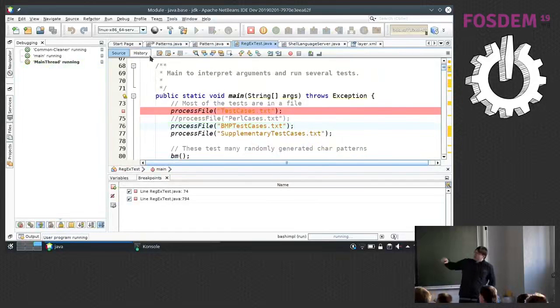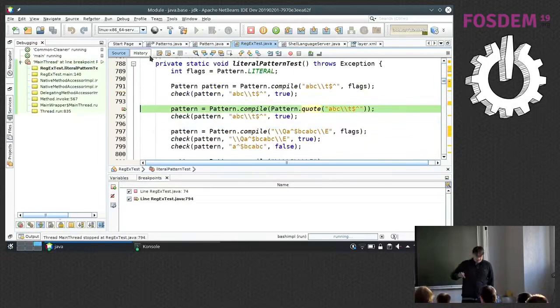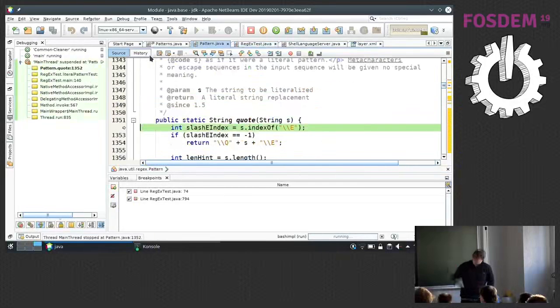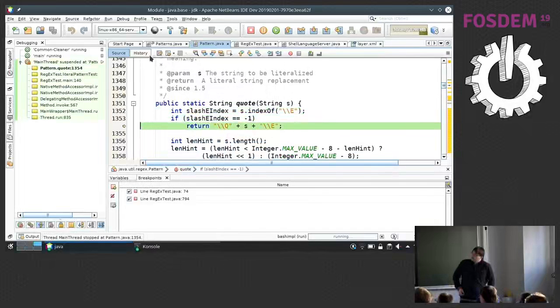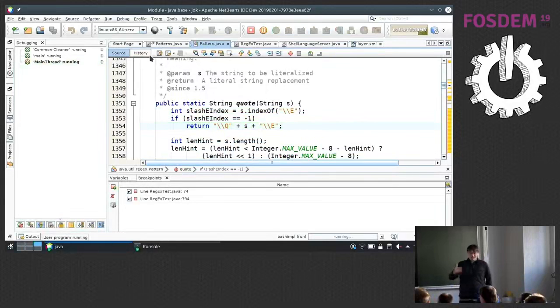We can let the test run for a little, and it will stop at some place where you can actually jump to the source code. This all was in Apache NetBeans 10. So we can look into the actual implementation in the JDK, debug that, and see what it's doing.